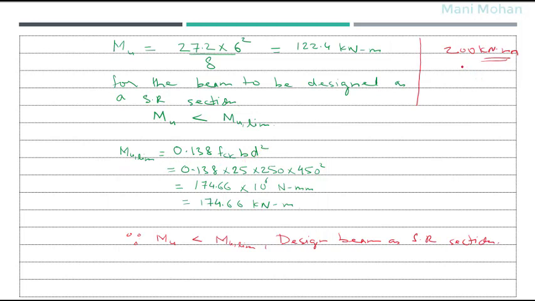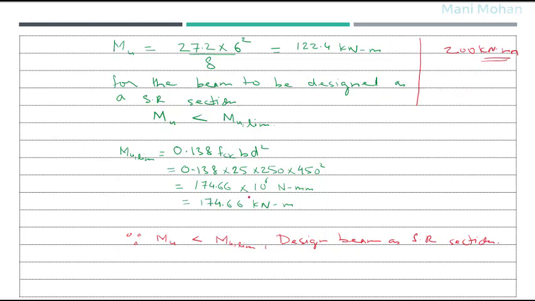So if you get this case, and I say no, you design the beam as a singly reinforced section, what can be the solution? Increase the limiting moment carrying capacity. And how can you increase the limiting moment carrying capacity? Revise the cross section dimensions. So whatever we said as trial dimensions, you have to revise. So that can be done. I can revise my D such that my limiting moment carrying capacity is more than the ultimate moment.